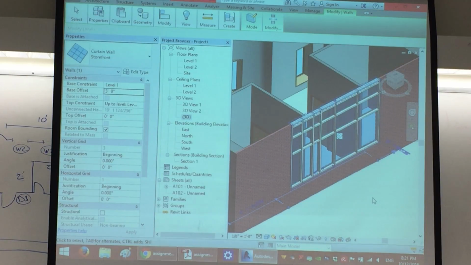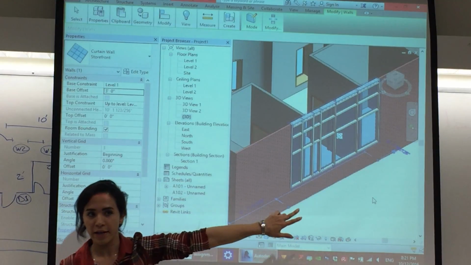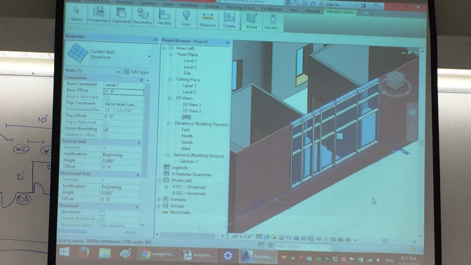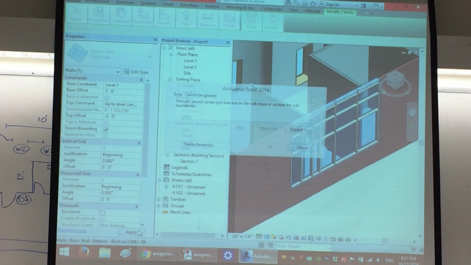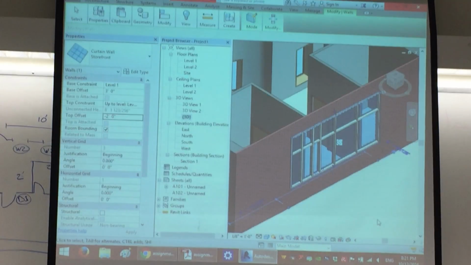If I add that, there will be a wall underneath my curtain wall, right? If the top offset is set on 2 feet,